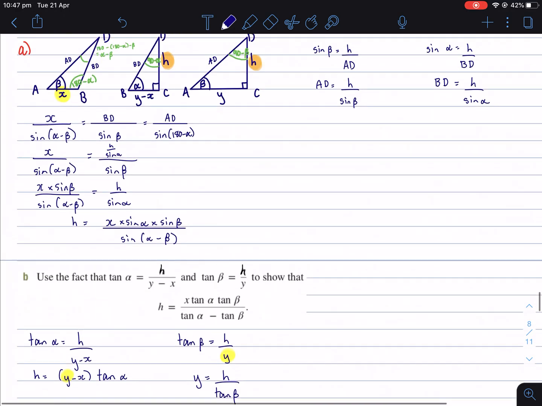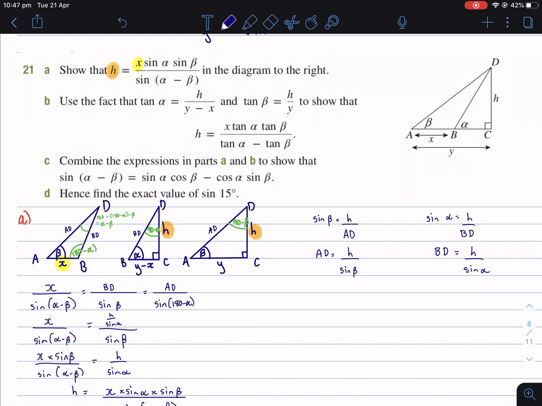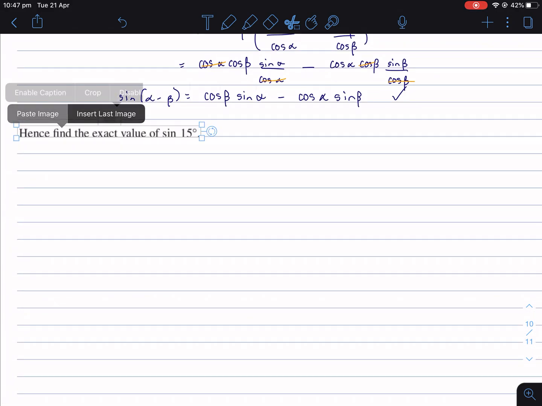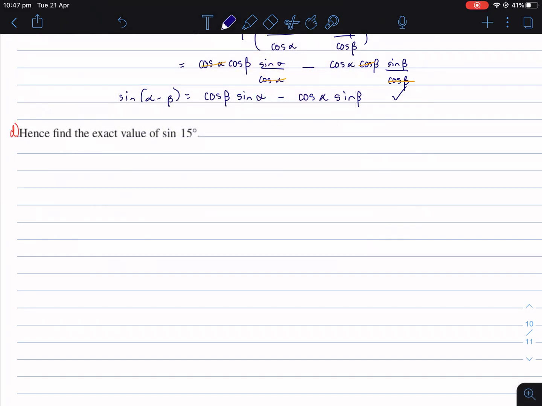Is that all of that question? D. Hence find the exact value of sine 15. Right. Okay. You may think that's irrelevant, but the angles I know to do with are 60, 45, and 30, yeah? So if I do